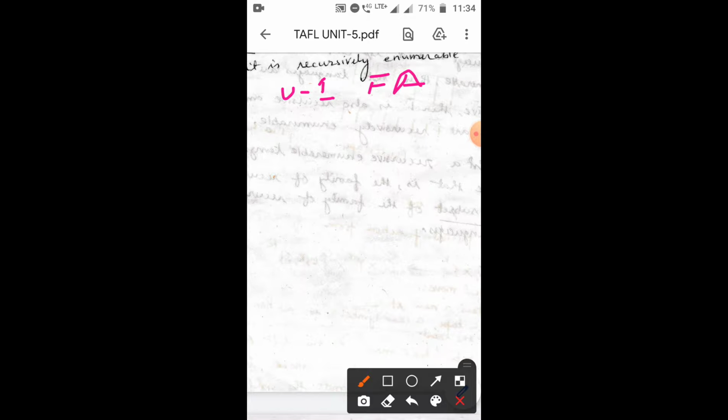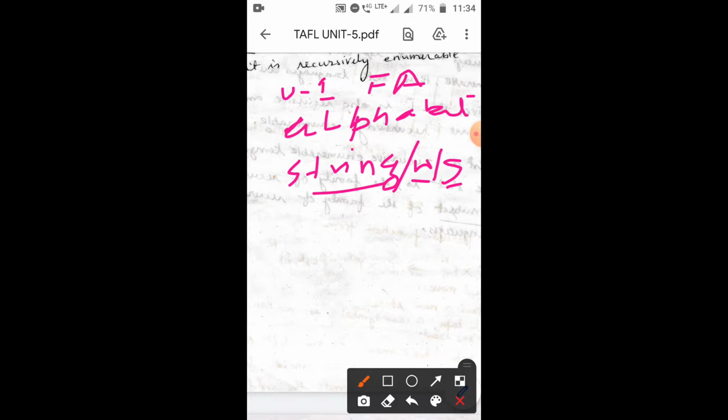Alphabet you have learned. String, word or sentence, everything has the same sense regarding finite automata machine.